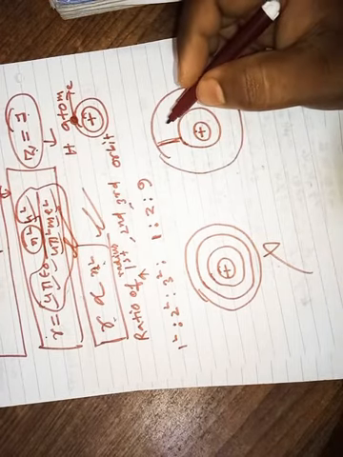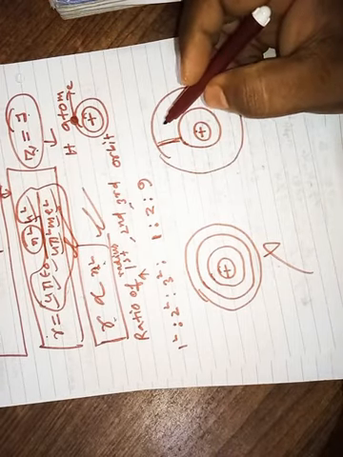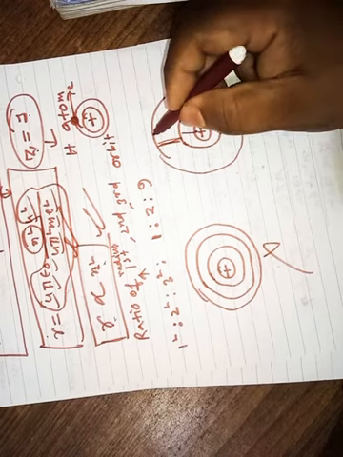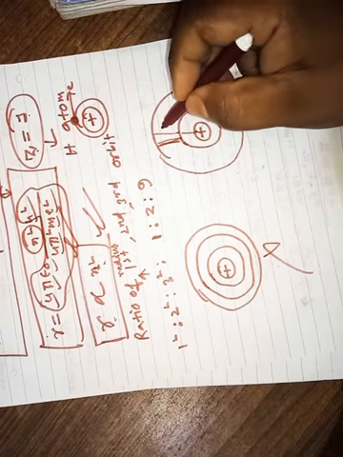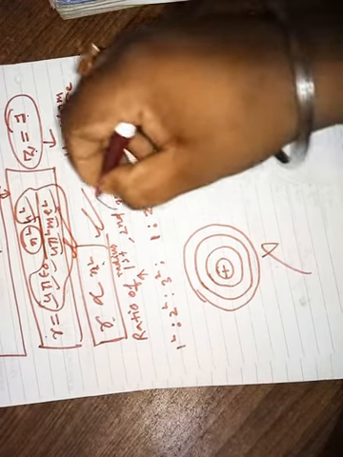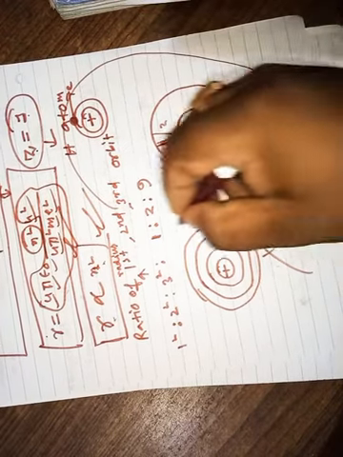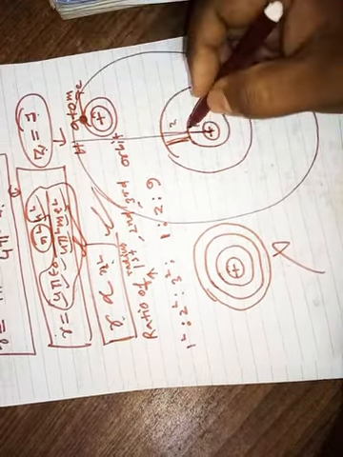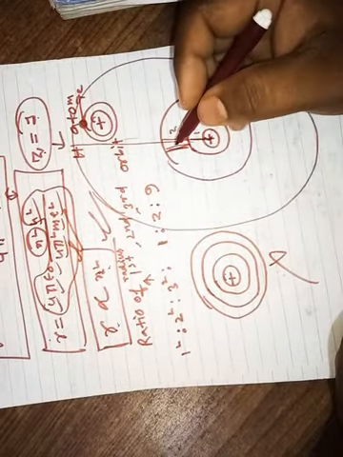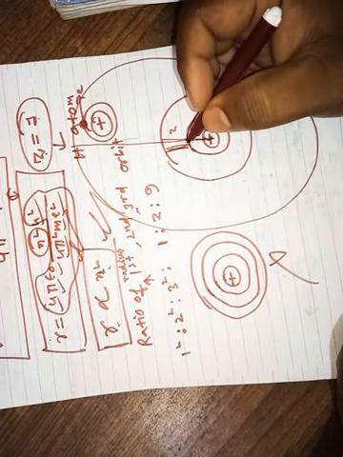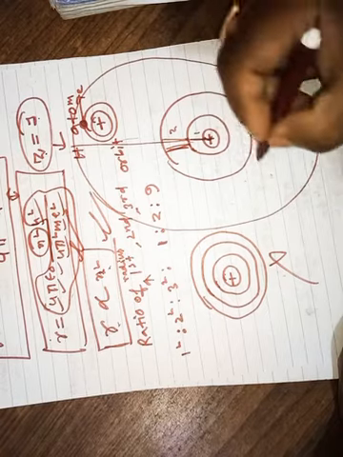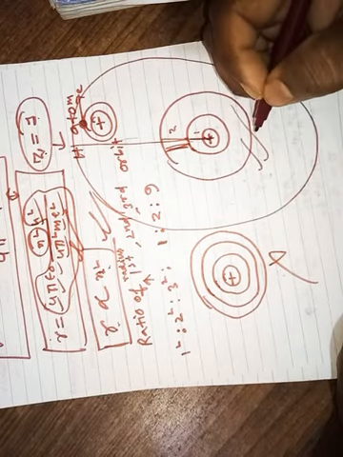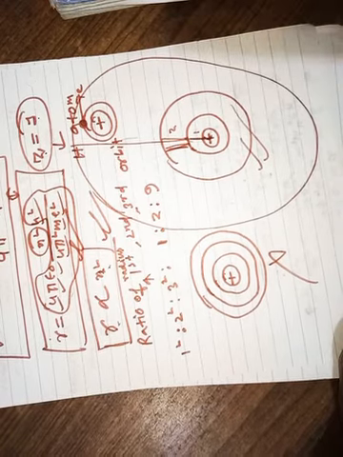Is it okay? And what is the ratio of the first, second and third orbit? 1:4:9. 9 means the third orbit will be like this. Okay, the distance from the nucleus to the third orbit is very, very high. Are you getting my point? Is it okay? This diagram is wrong. So now the new concept of the diagram will come, like this. Okay.